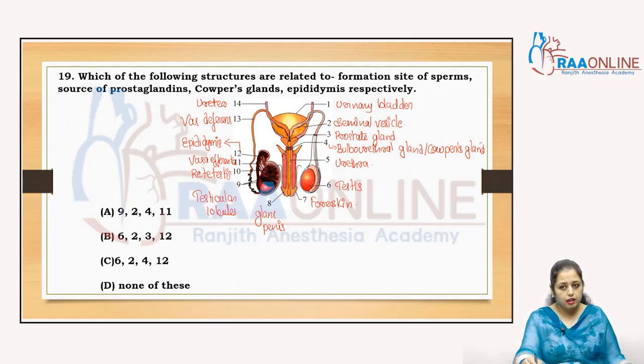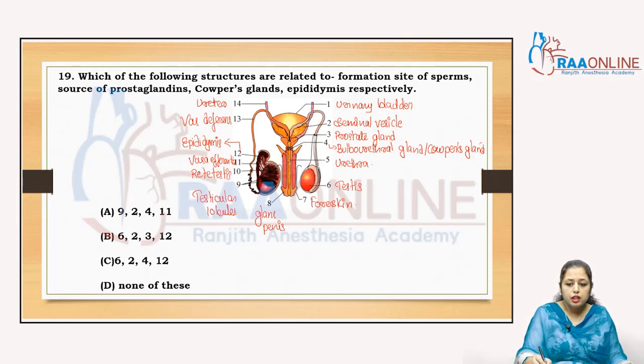If I mark that exact site, that is in the testes, seminiferous tubule, Leydig cells are there, so formation of sperms occurs there. But in that diagram seminiferous tubule is not marked, so we'll mark the testes instead of that seminiferous tubule, right? So 6 is given in that option,